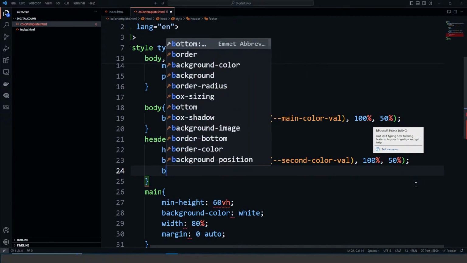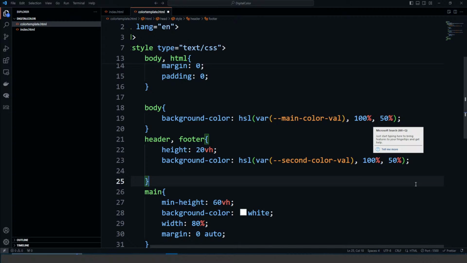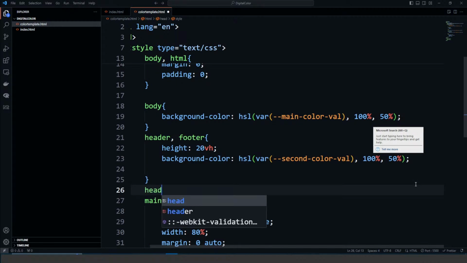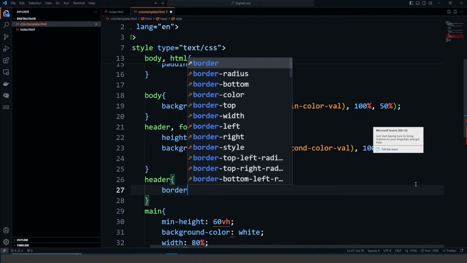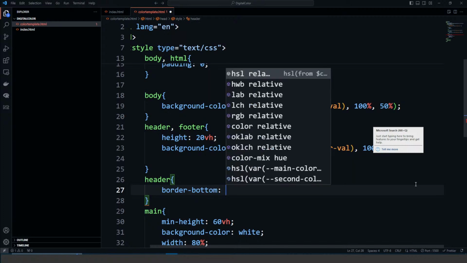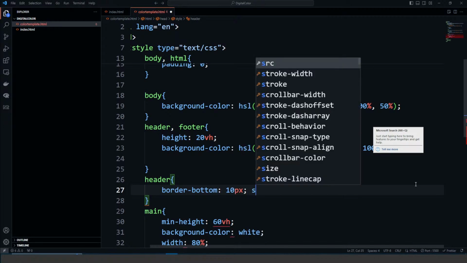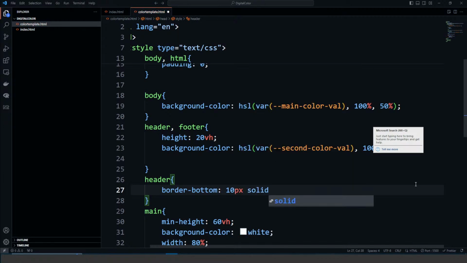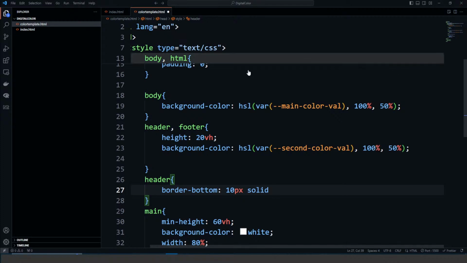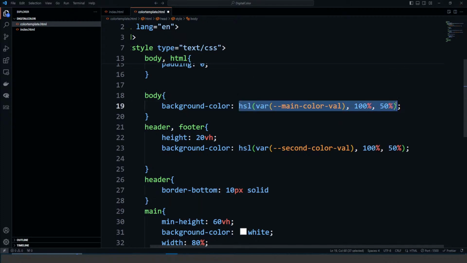Let's add it just to our header: a border bottom, 10px, solid. We can use that same main color val, right? So we can use this same color,